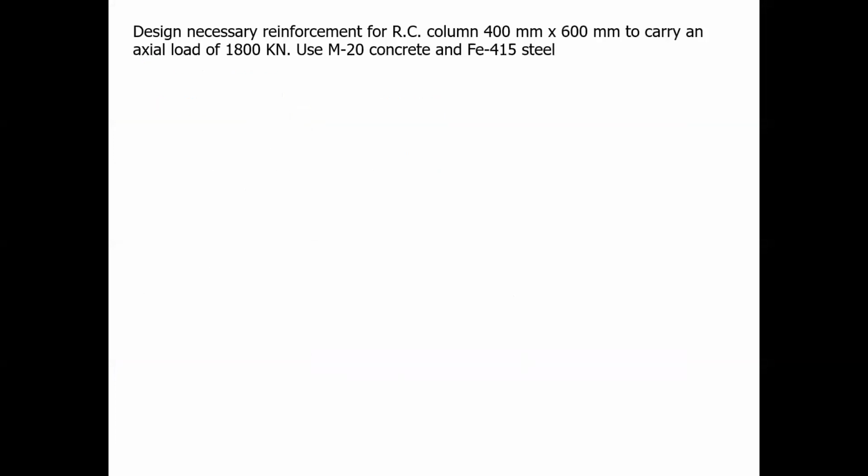So, take down the next one. Design necessary reinforcement for the RC column, 400 into 600 mm, to carry an axial load of 1800 kilonewton. Use M20 concrete and Fe 415 steel. So here what you have to do,